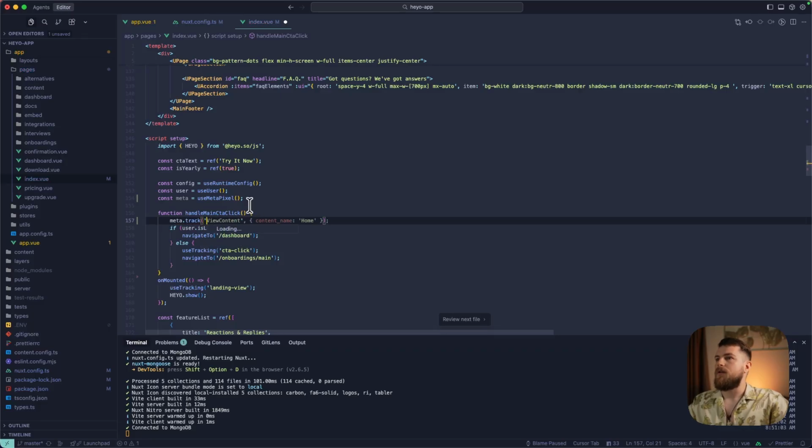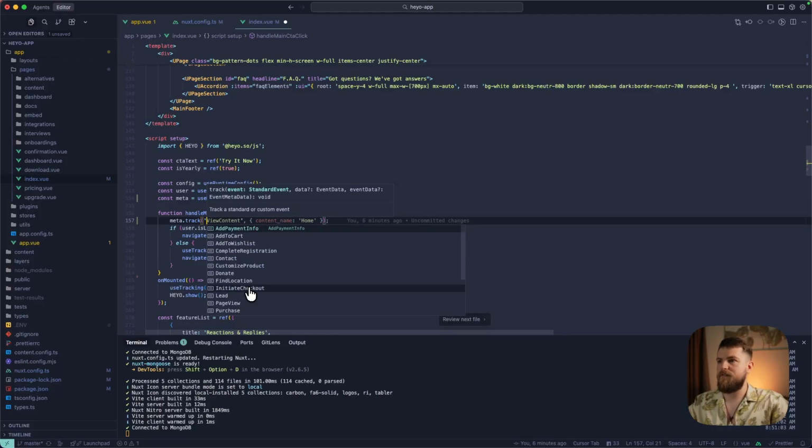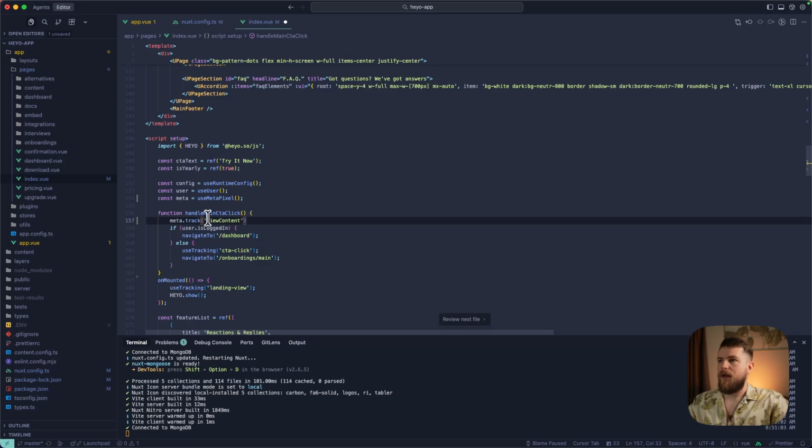And here you should be able to see all the events. These are all the official events that Facebook supports. So here, for example, I want to track view content. I can just do this. Now, if you want some more advanced stuff, you can also pass some parameters. It's not really necessary though, but if you want to do it, you have the option. You can check the docs, there are more details, but for example, on view content, I like to give a name so that later Facebook can figure things out better. So this is the landing page, for example. But yeah, this is how you do it.